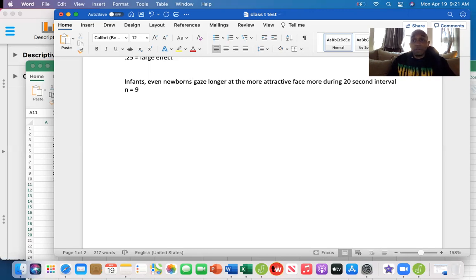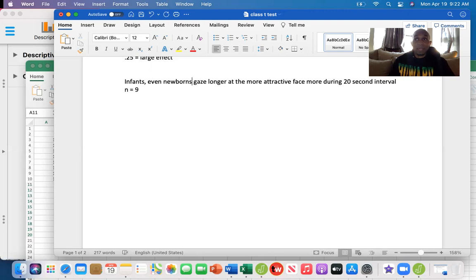So consider that you have a 20-second interval for the newborn to look at 1 or 2 faces. So how many seconds are spent looking at the faces that have already been predetermined through the focus groups as being more attractive? All right, and we are going to look at a score of 10 as our